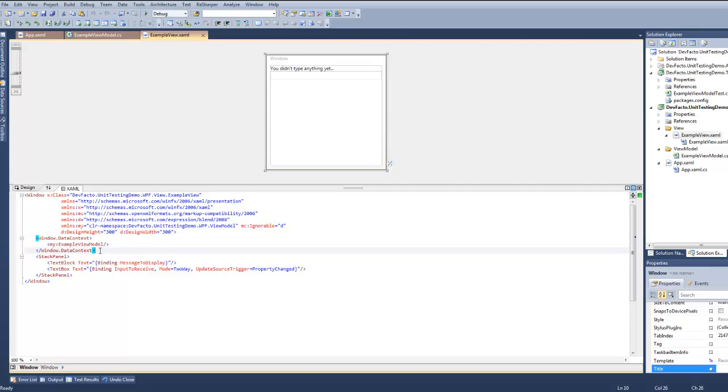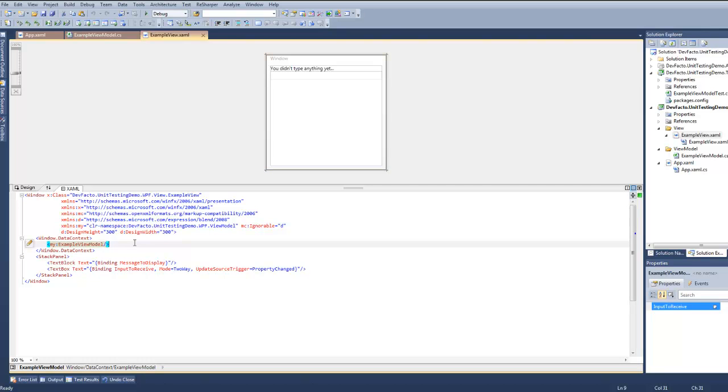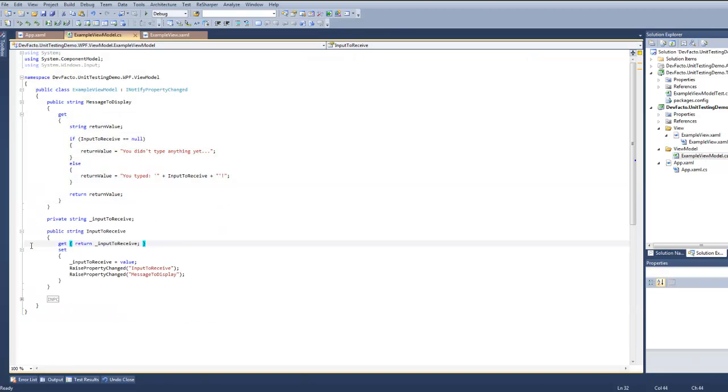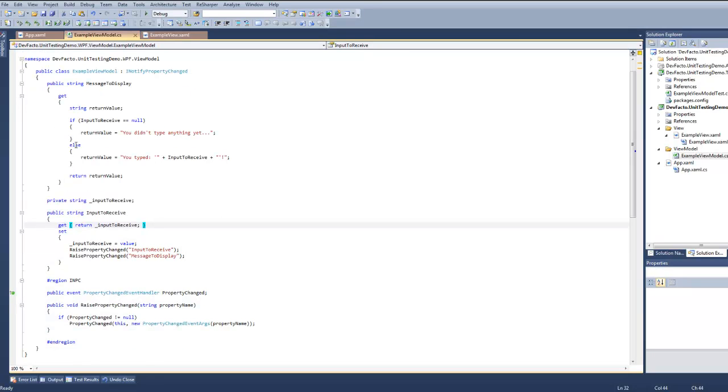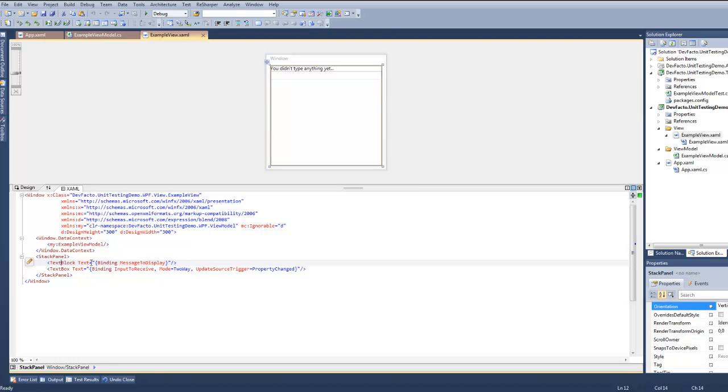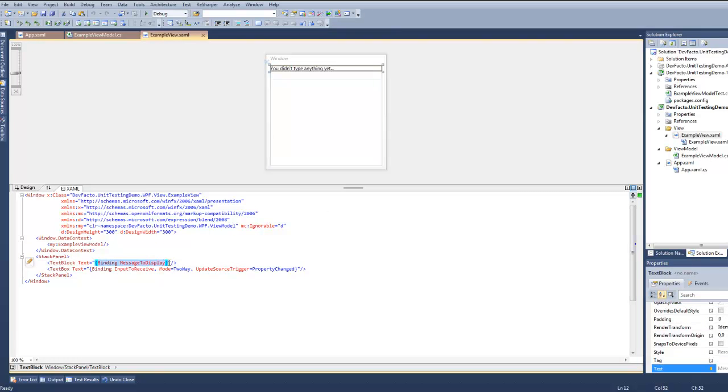And right here we're actually going to set our data context for this entire window to be a new instance of our view model. So when our view model starts up, if we go back to it here, we have no special constructors or anything like that. It's going to start up, and what our view is going to do is attach onto our properties. So over here we have a text block, and the text block has a text property which is being bound